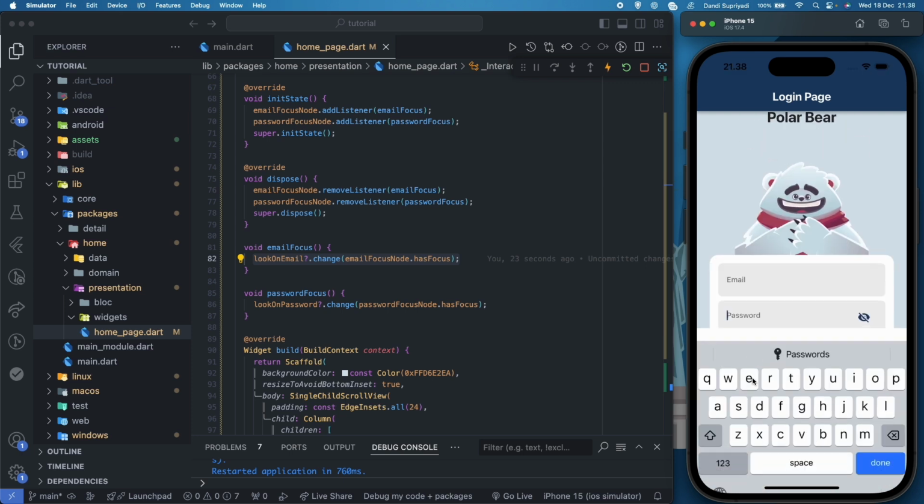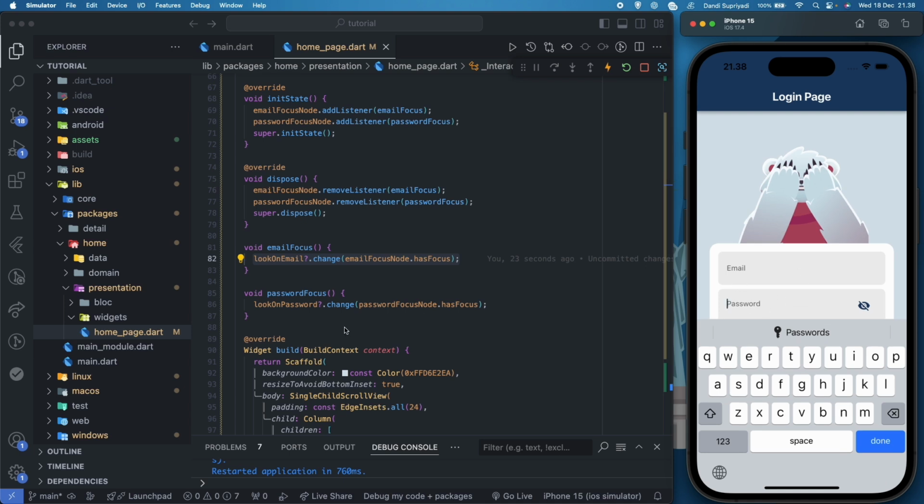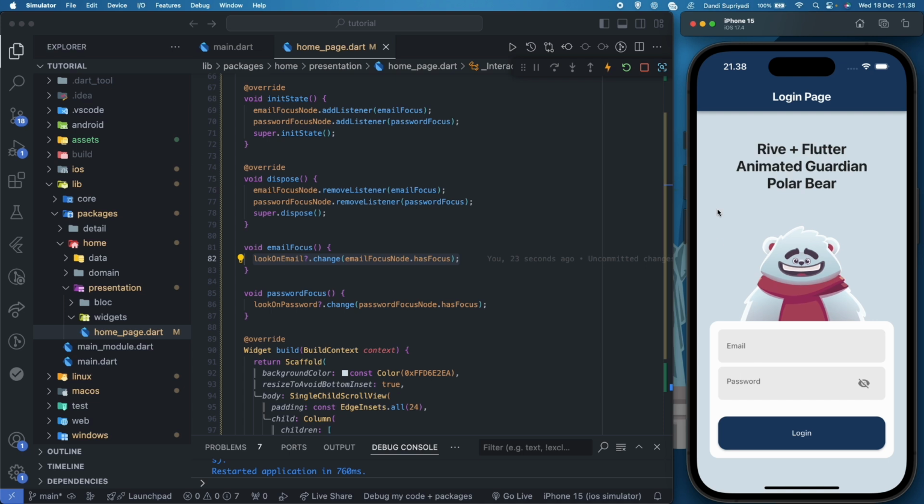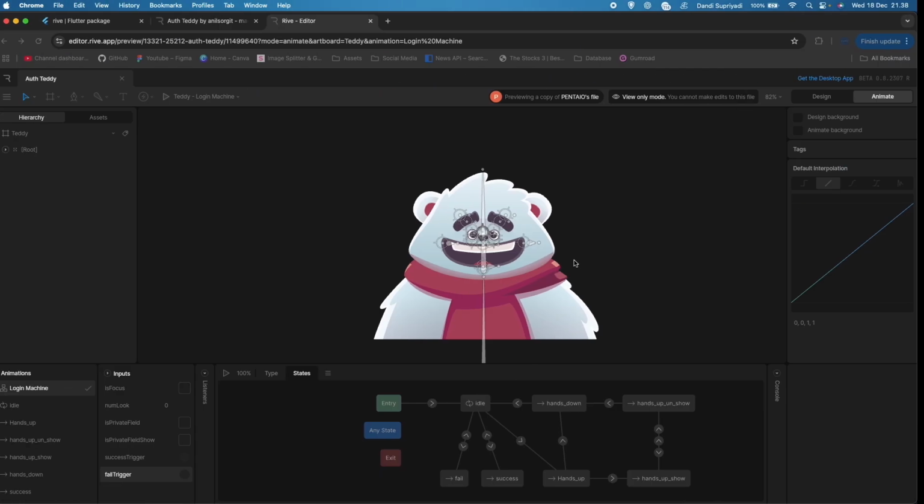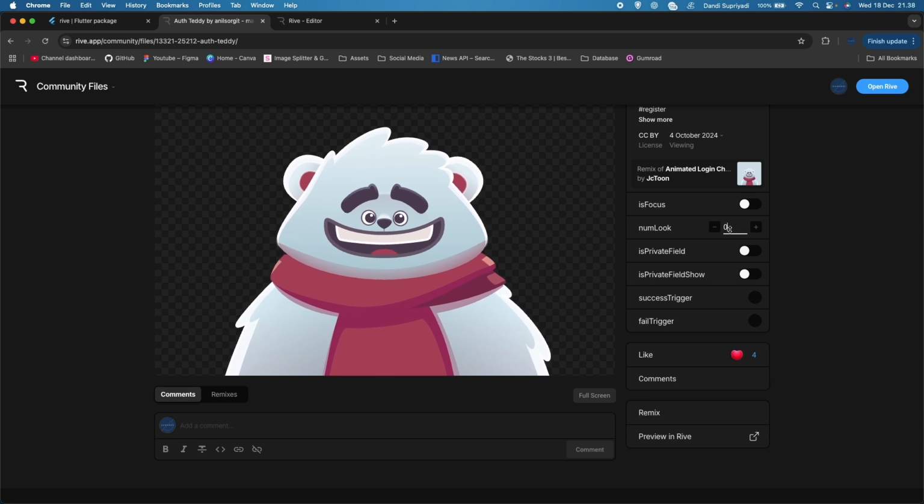The same goes for the password. If we focus on the password, the animation will change, and if we are done with the password, the animation will also change to idle. And if we type in here, it should follow the text like this one. For example, I have 10.